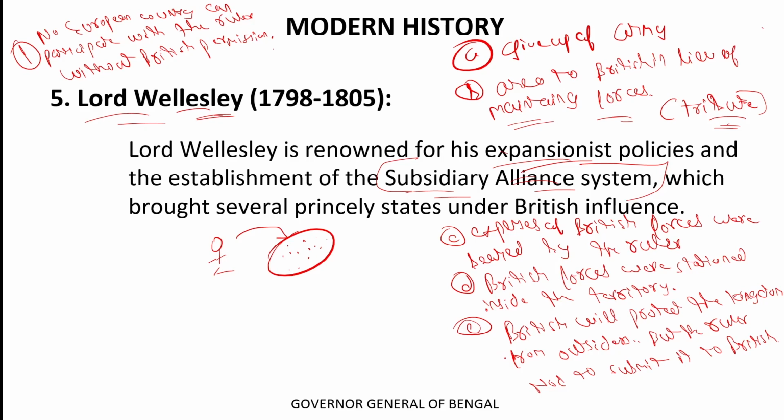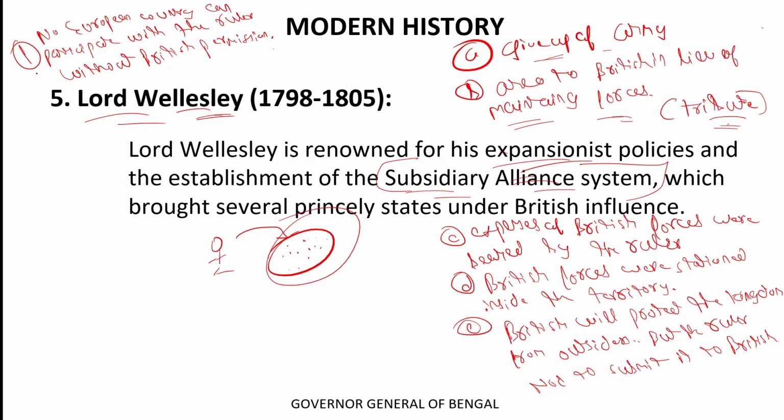Okay. There is no doubt the ruler will govern the kingdom, but its external matters and its safety and security will be in the hands of the Britishers. The Britishers are required to protect the kingdom from the outsiders, but the ruler has to pay a particular tribute to the Britishers and has to give up his army, and is also required to accept the British as supreme. Okay, so those were the conditions.